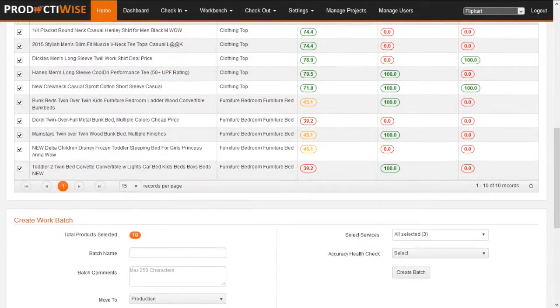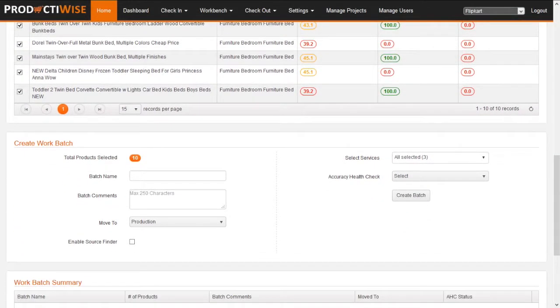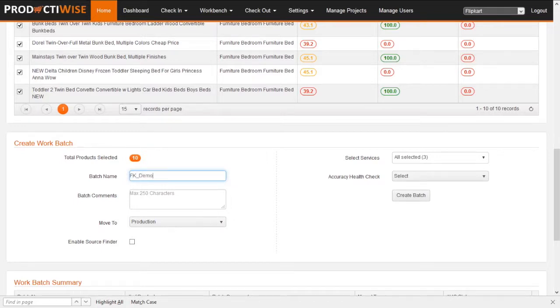Based on the health check, products can be grouped and created into different batches. There are options for accepting a batch directly, which will move the batch to be onboarded. Rejecting it sends the records outright back to the supplier, requesting better quality data. Alternatively, the batch can be sent to the production module, which is the workbench for processing the data within the